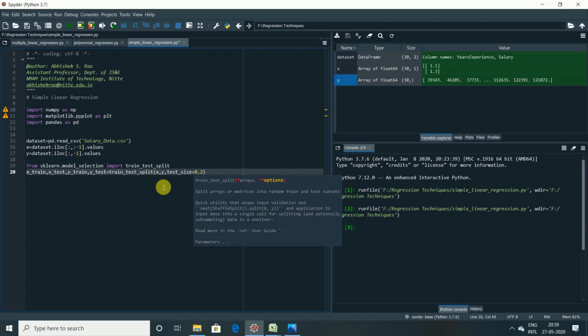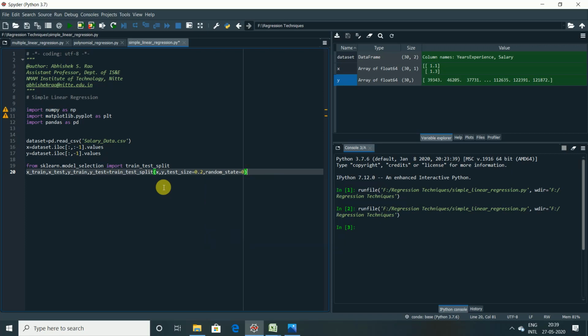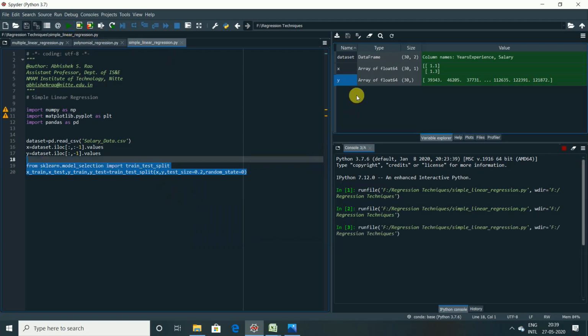As you can see, the data set has 30 observations, so 20% of 30 observations is 6, right? Later on the random state you can give either as 1 or 0, it is left to you. So we are done with splitting the data set. Let us execute these 2 lines and we'll see the output. It's getting loaded.